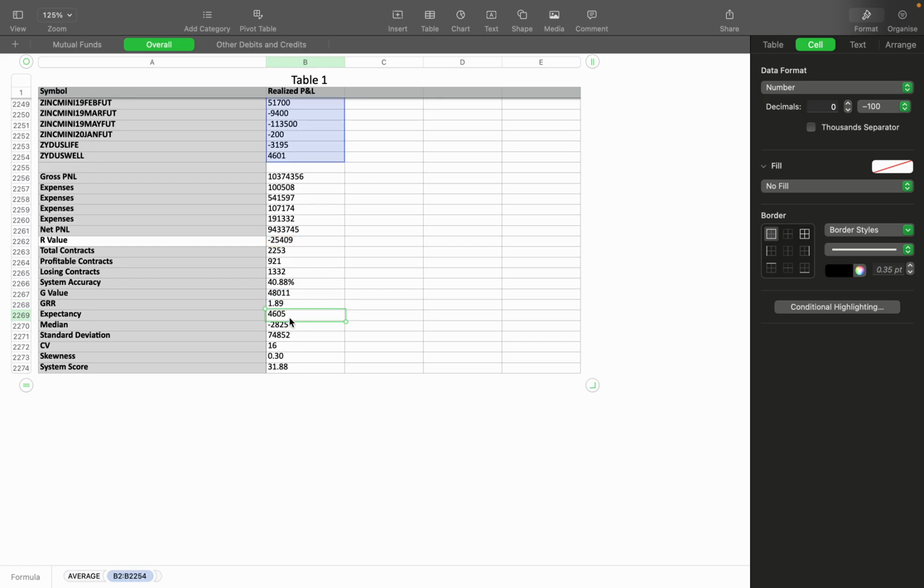Expectancy is obviously how much you expect every time you trade. What do you expect? And you expect to make 4,600 rupees. And this is obviously because this data is from 2017, which had just 5 lakh rupees total capital, and 1 lakh was in gold. And the serious addition of capital actually happened in 2023, where I decided to